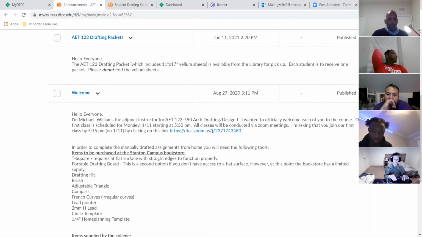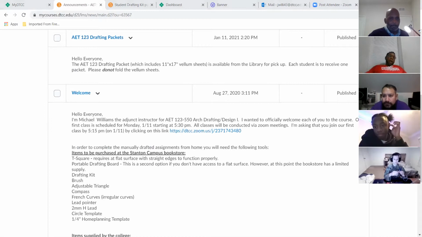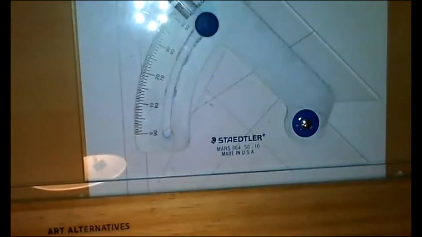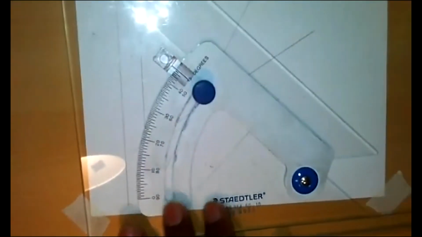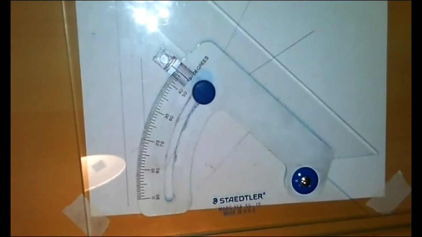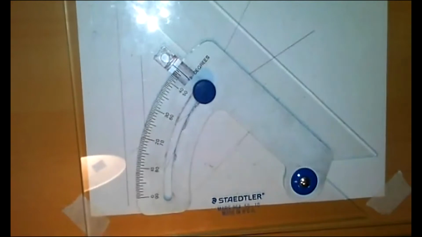Okay, I'm just going to cover a couple more things. You're going to need an adjustable triangle. Let me show you what it looks like, to be purchased from the bookstore. Oh, all right, so you're going to need an adjustable triangle that looks like this, okay? Now, the reason why we're not going to use the protractor is because we're going to be using this adjustable